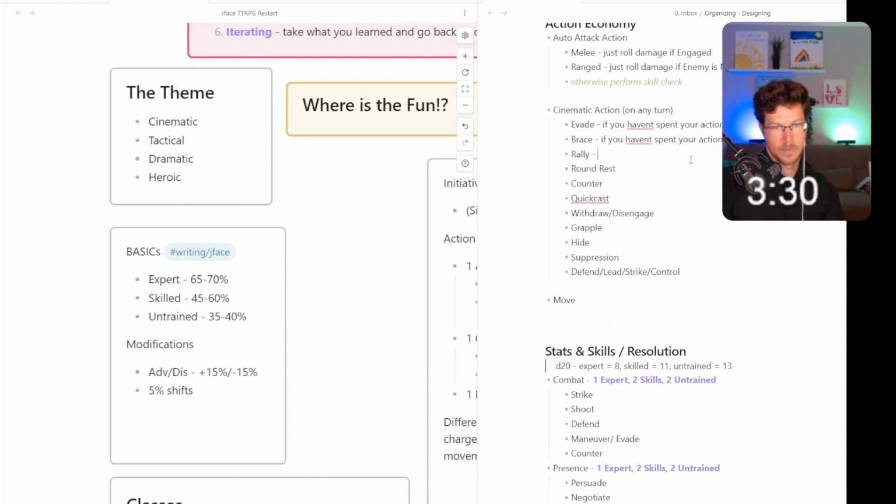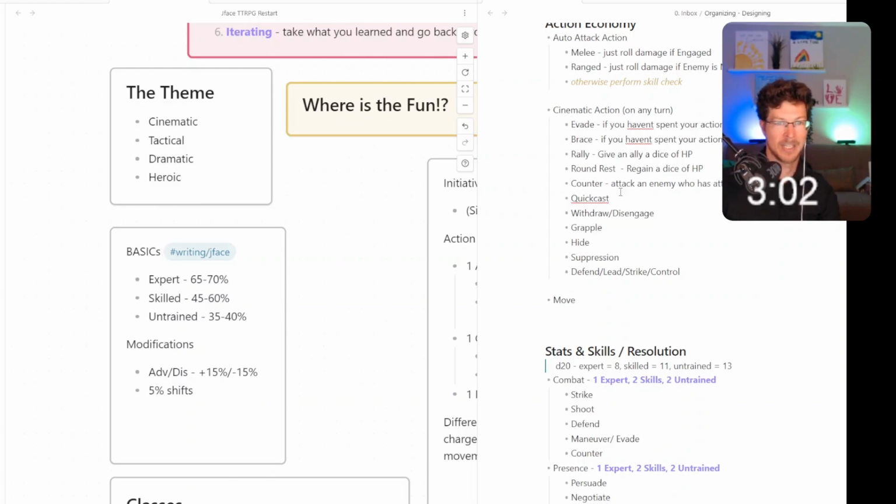Rest, regain a dice of HP. That'd be round rest. Round rest, regain a dice of HP. Rally, give an ally a dice of HP. Sure. Counter, attack an enemy who has attacked you.